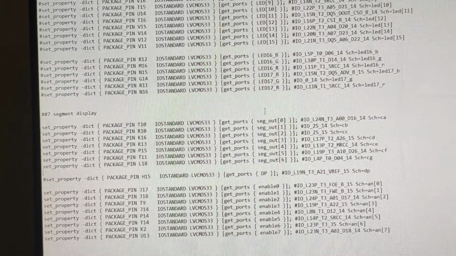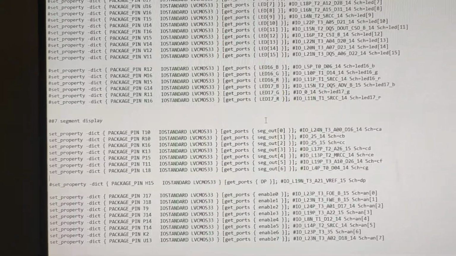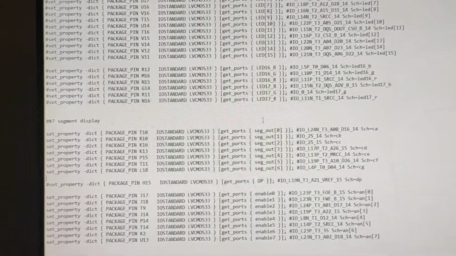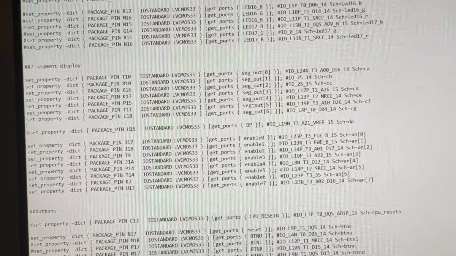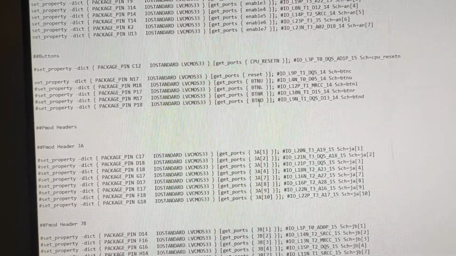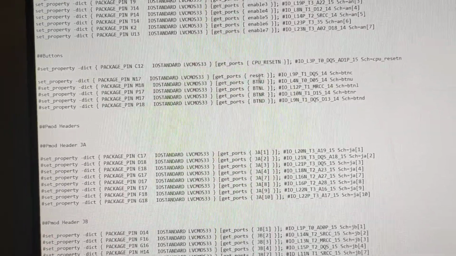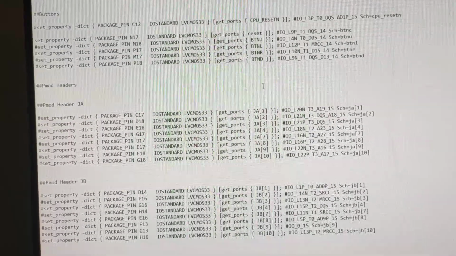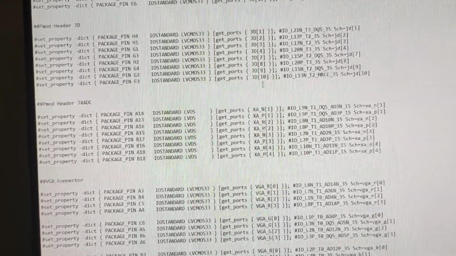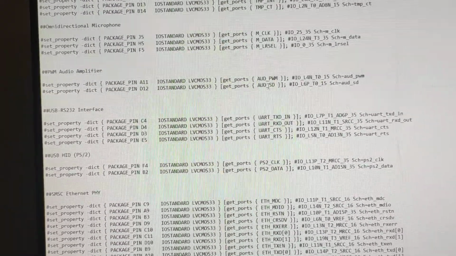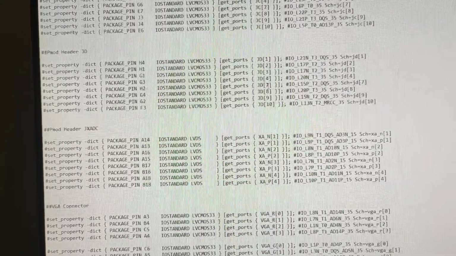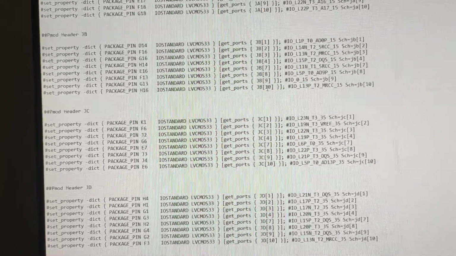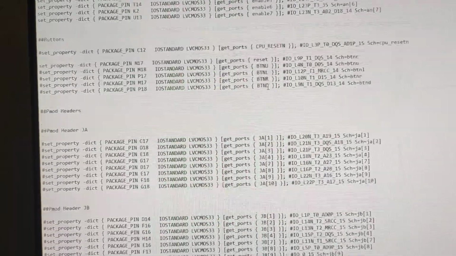segment display. These are the bits which define exactly which bit should be on for a 0, like we know only one bit is off. Similarly, we also have a reset button which will take care of the reset to toggle it. And the rest we all know. So basically that's what we have done in the script.